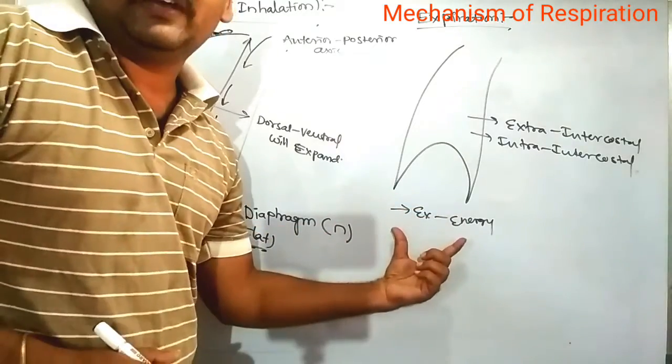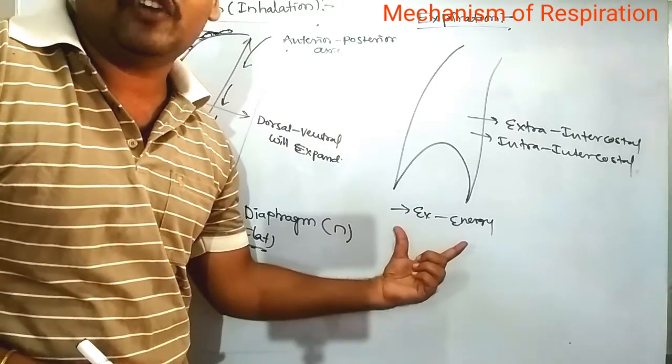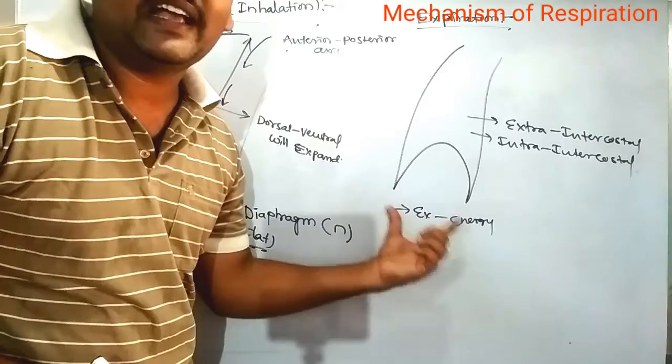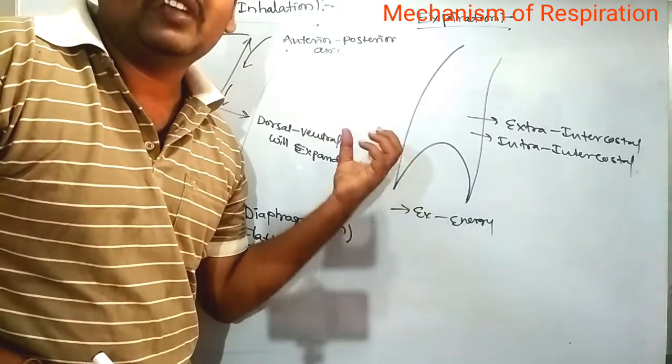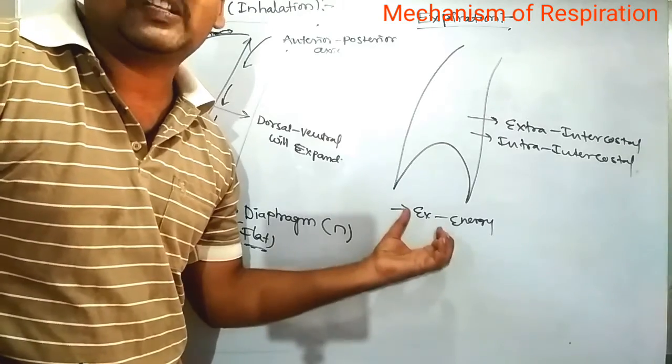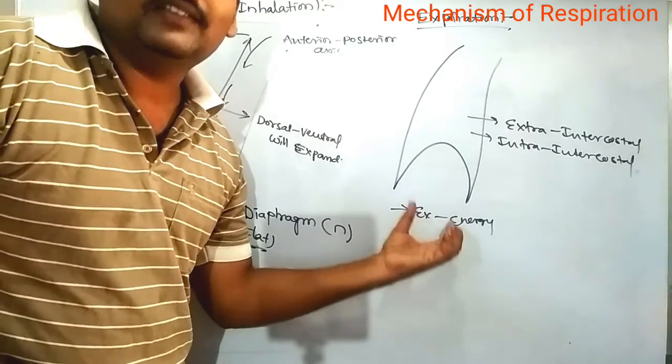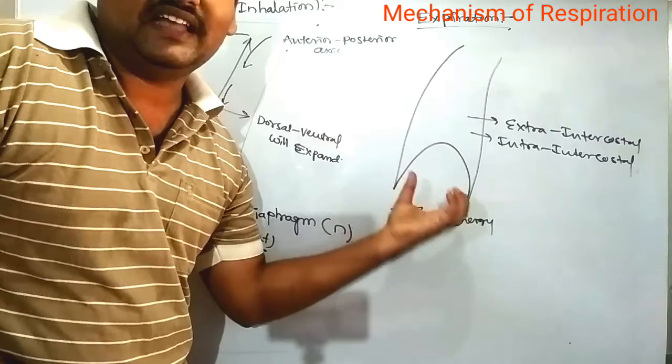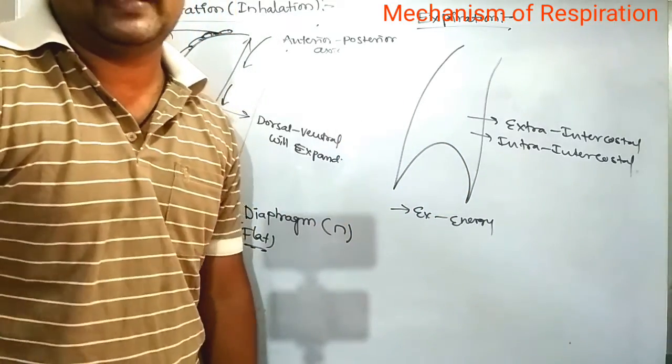After the expiration, the expulsion of the gases from the lungs to the environment, there is no gas, which means some amount of residual volume of the gas is still there in our lungs. So that is expulsion. In this expulsion, the organs move back to their same position. That is known as expiration.